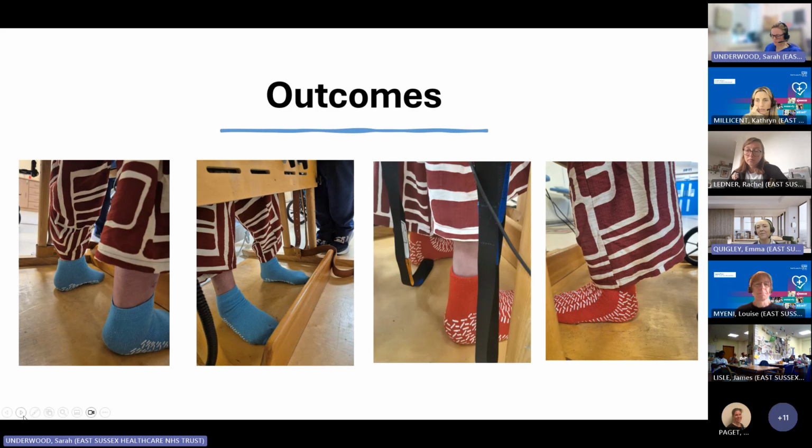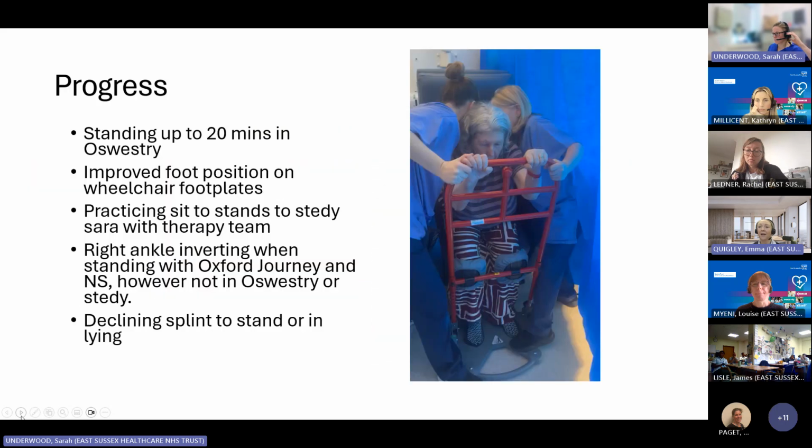And this lady progressed to be able to stand in the oscillatory standing frame for quite a long period of time, playing,